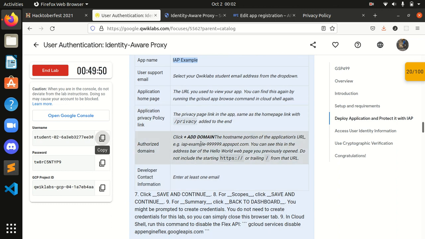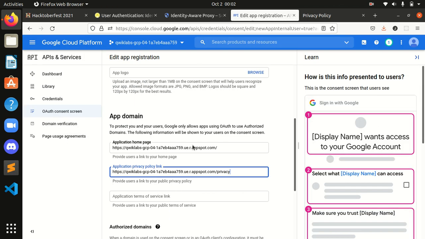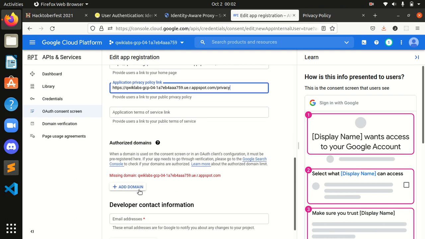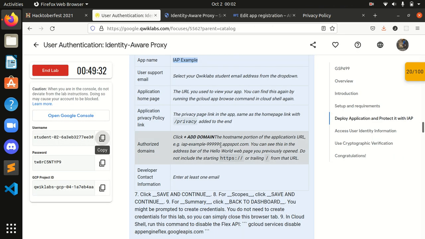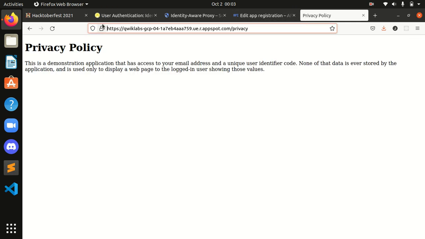Click plus add domain, the host name portion of the application URL. You can see this in the address bar of the hello world page. Do not include the starting https from that URL. I will click here, and how will I add? The host name portion of the application URL. I should not use the https or the trailing slash at the end of the application website.